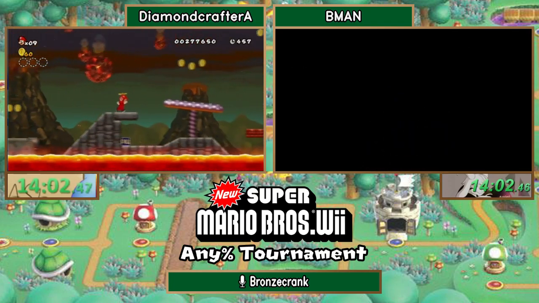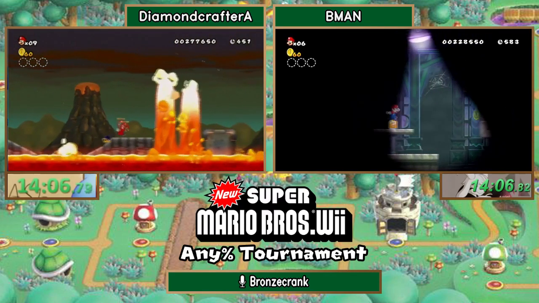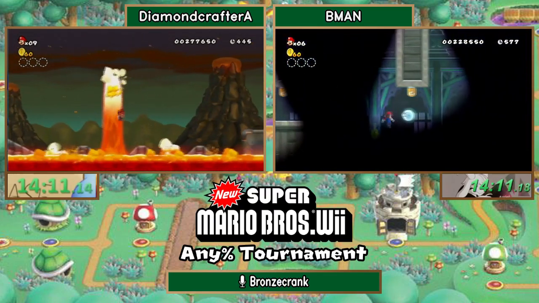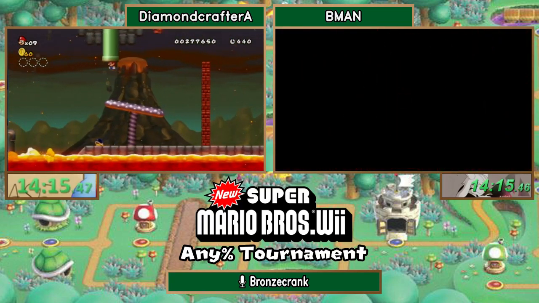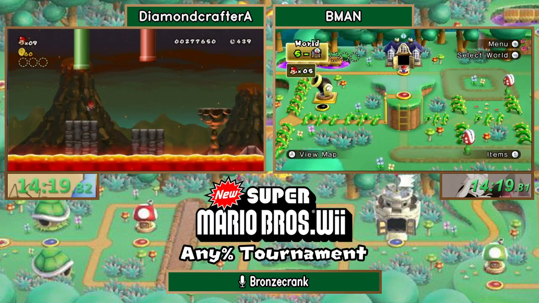DCA getting it pretty cleanly there as he makes his way through 8-1. And the other thing with 8-1 is the meteors coming down from the sky are completely RNG. There's really no way to manipulate them. And if you mess up the optimal movement in the level, they have a good chance of hitting you and